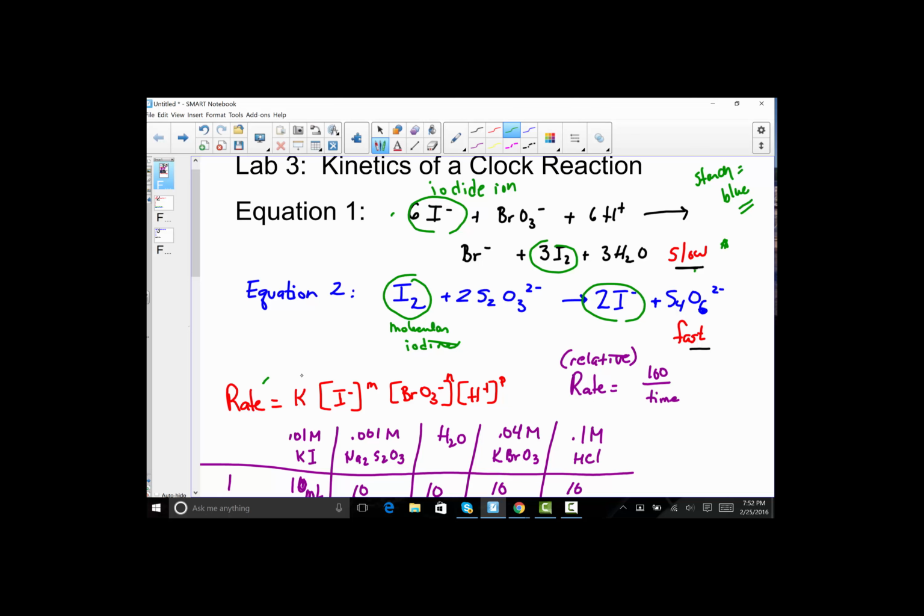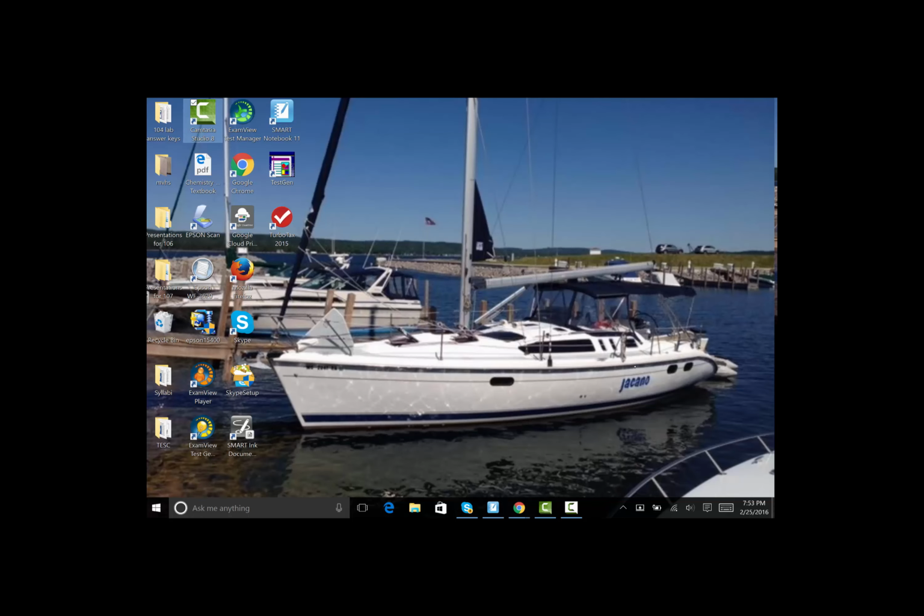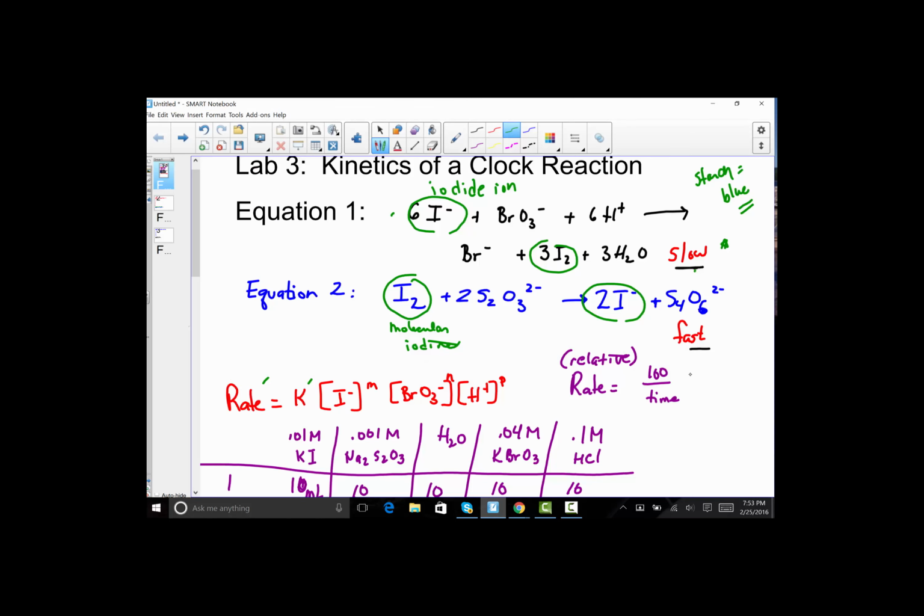And technically, since we're not really using a limiting reagent and we're using relative rates, we call it rate prime and K prime. To take the rate, which is truly a relative rate, we're simply taking 100 and dividing by time. It's an arbitrary number just so we can take the reciprocal of time, alrighty, to turn it into a